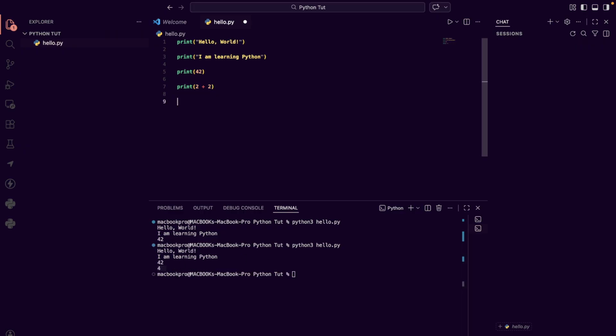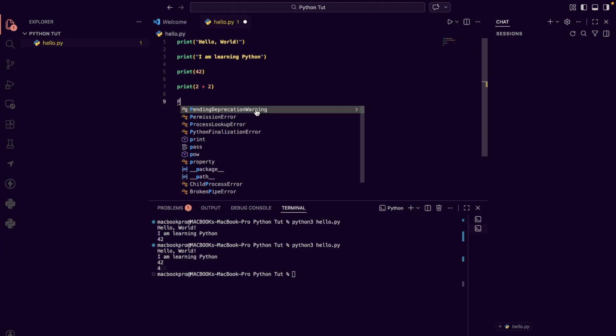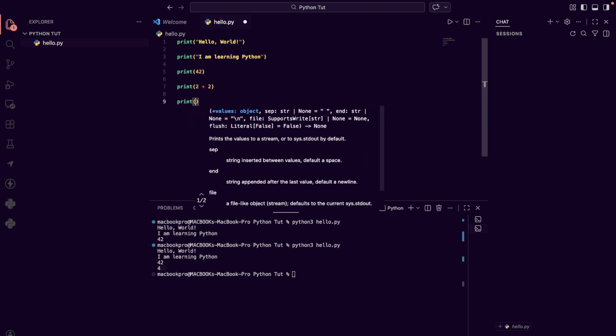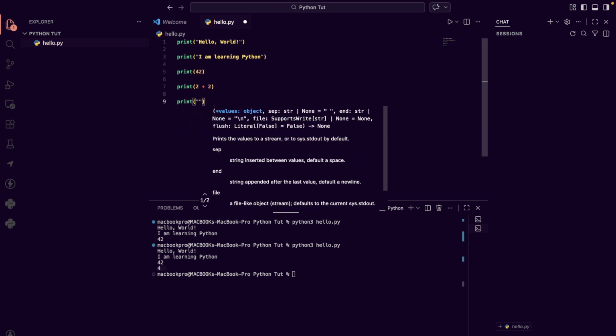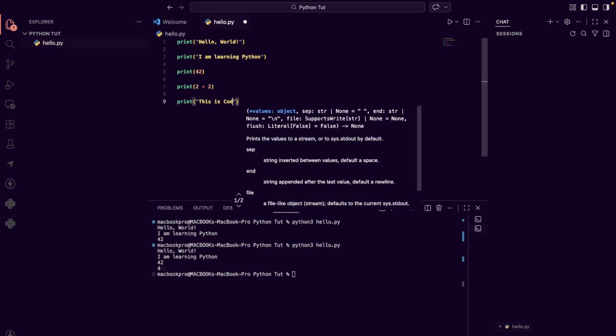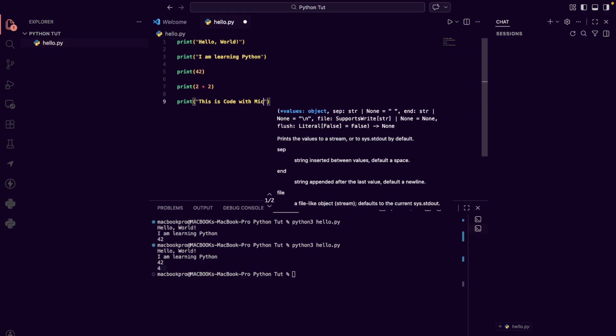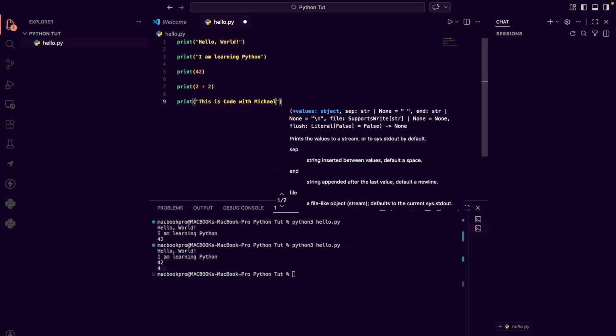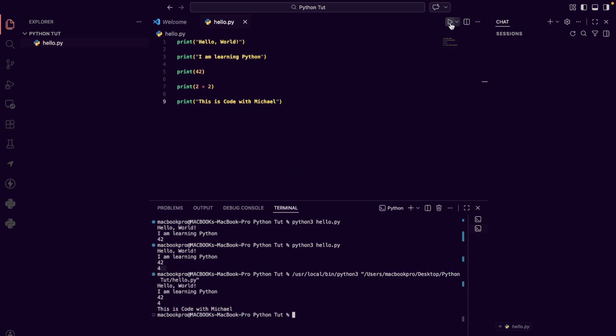Okay, let's try another one. You can try a lot of examples with this print. See, this is code with Michael. Let's run it here, and then this is code with Michael.